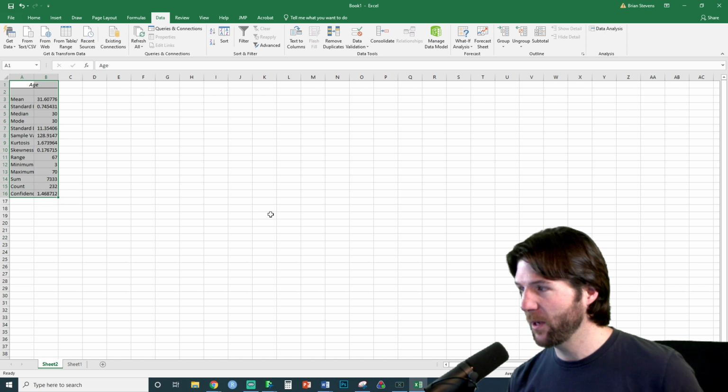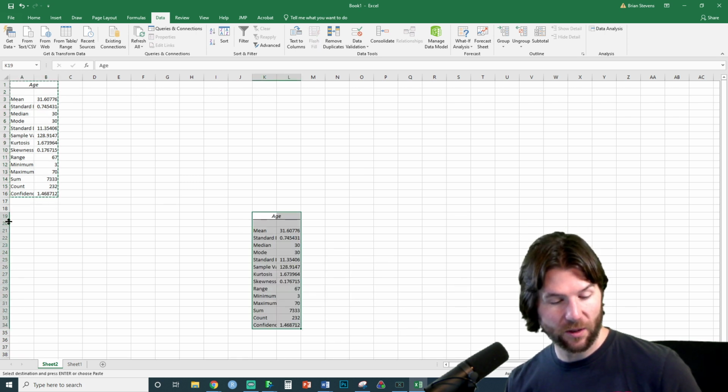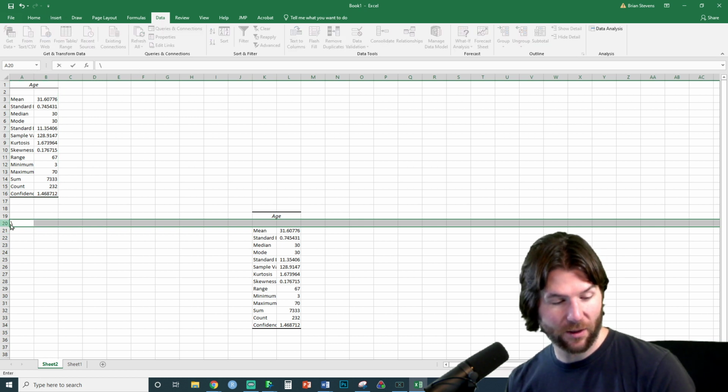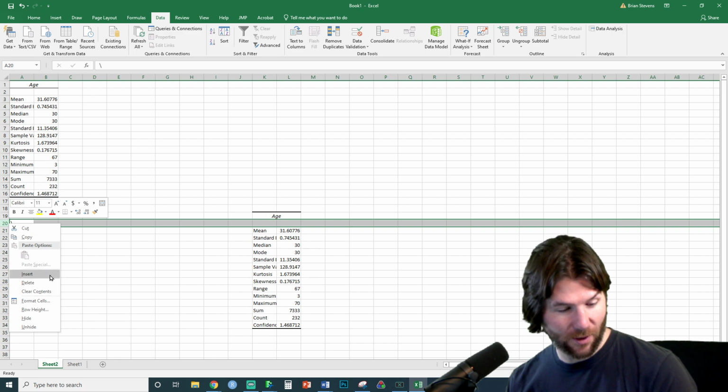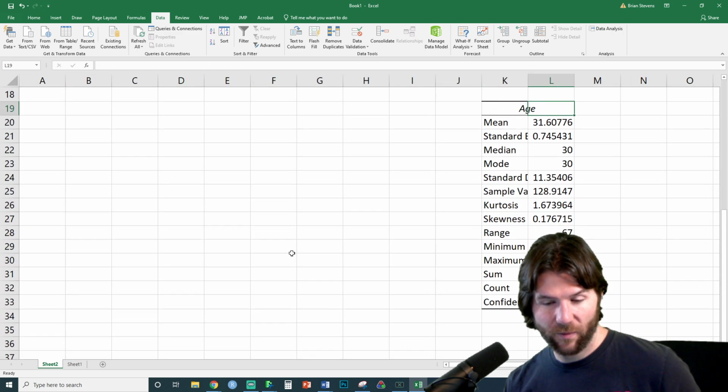Now here's the cleanup I do on it. I take this and I copy it down to an area where I can work on it. I'm going to delete this out. These are not things you have to do, but why not make it look nice? I don't want that there at all. Delete. There we go. I'm going to zoom in on this and make it look nicer.